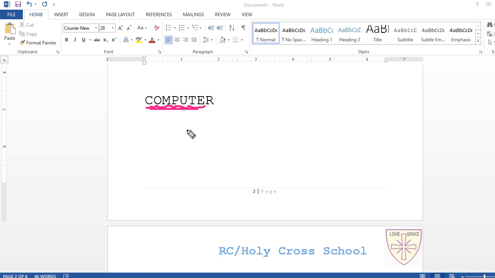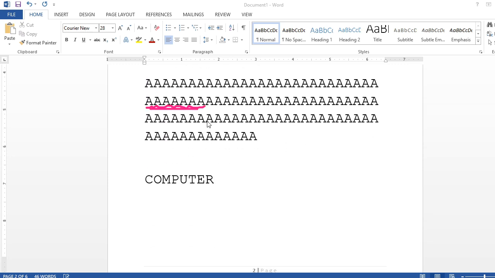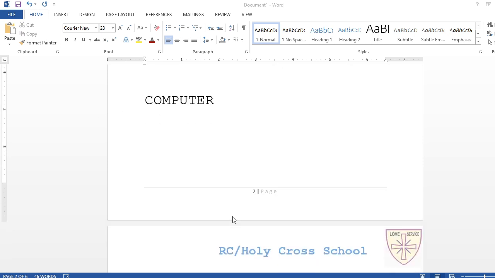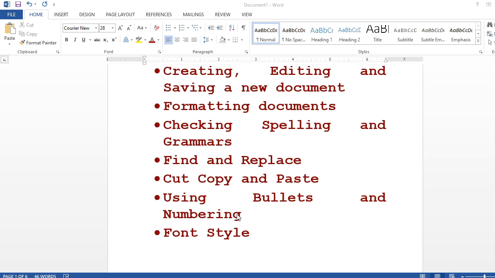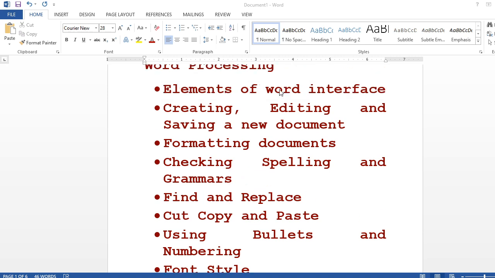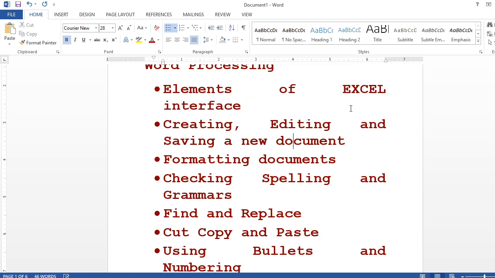So now after that again you see, here I had written cut, copy and paste. Suppose I want to find the word, understand, this word I want to find. And purposely I am going to write here elements of Excel, right? And I want to find this Excel, and after that I want to change this to Word.